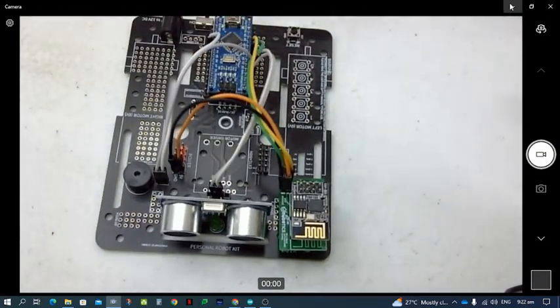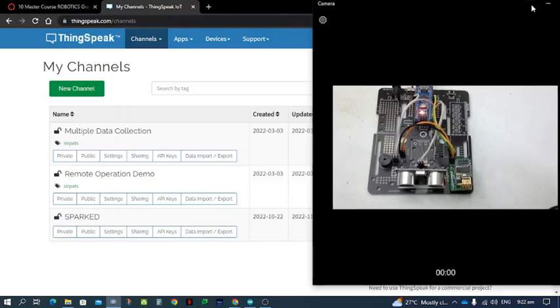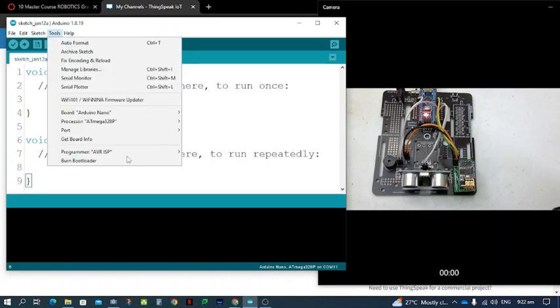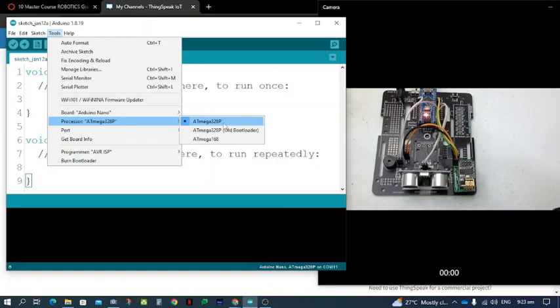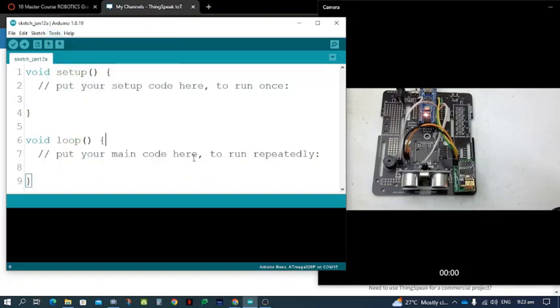So let's connect this. Let's check the settings. So we have the board as Arduino Nano. Processor is either ATmega328P. If it doesn't work, use the old bootloader. Whichever works, that's it. And for the port, it's number 15. In this case, you may have a different port number on your computer. I'll select 15, and then